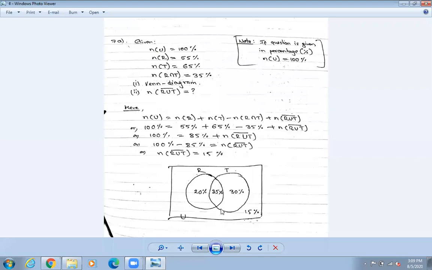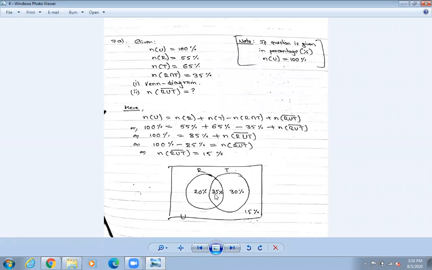Like the previous question, what do we need to do? We need to make the Venn diagram, because the Venn diagram is asked over here. Suppose if a Venn diagram is not asked, then also you need to draw the Venn diagram. Venn diagram तिमीहरुले बनाऊ, किनभने Venn diagram बाट तिमीहरुको answer right हो कि हैन, that you can find out. Okay, so NU is 100. When you make the Venn diagram, always start from the intersection. Intersection is 35.